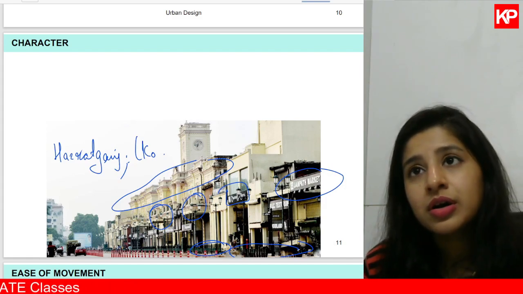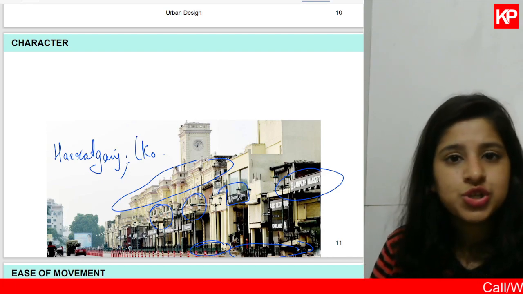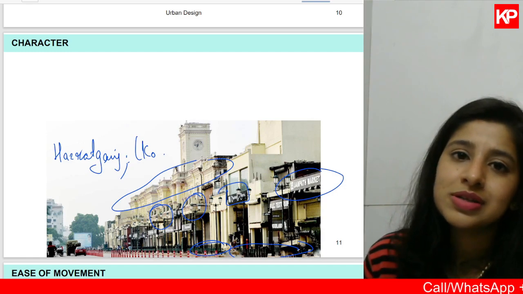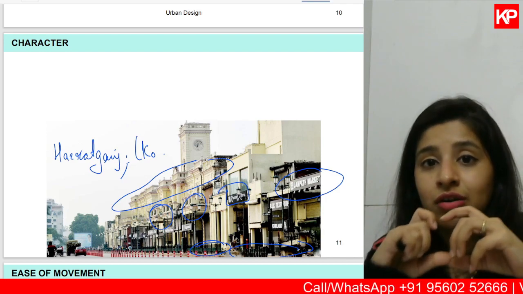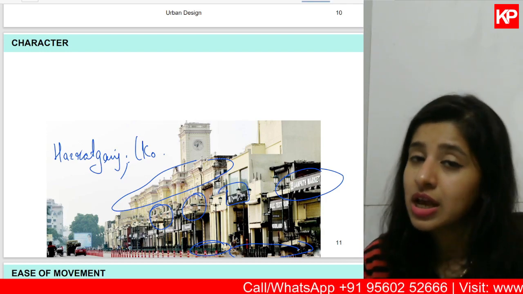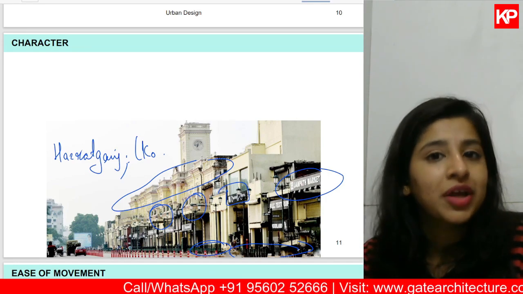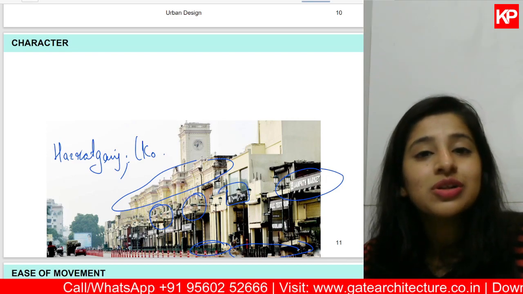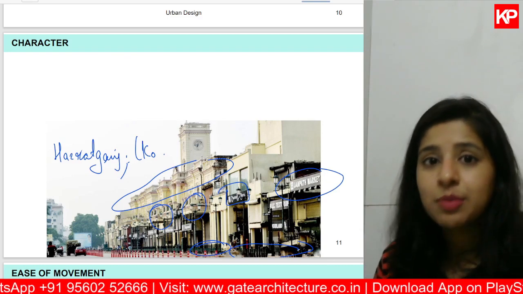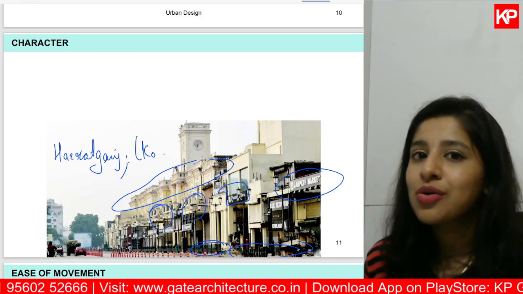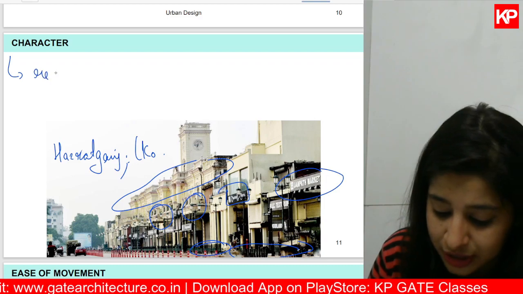I don't know how many of you have visited Delhi, but even in images, you can just Google Connaught Place right now. Connaught Place is in the heart of Delhi, and the entire area has a very unified look, a very strong character. If I say Connaught Place, and you have seen it before, the majority of you will think about the same kind of image, not different images. Similarly, Varanasi, the Ghats. That is how you can bring out the strong identity of a place. So when we talk about character, we talk about a recognizable